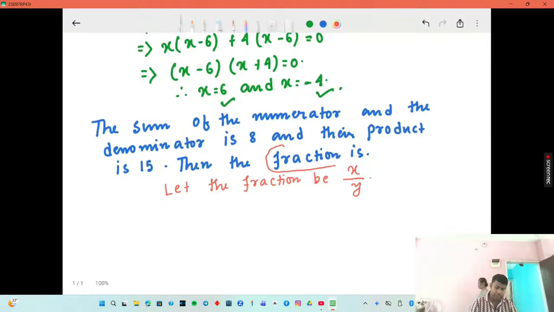The question here is to find the fraction. So let the fraction be x by y, and the condition of the question is given as